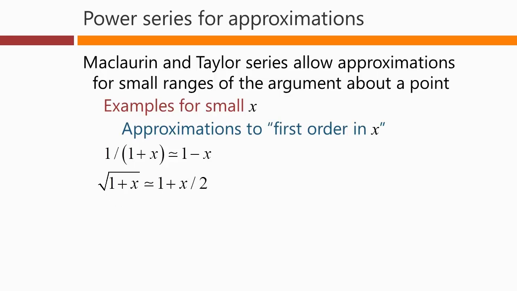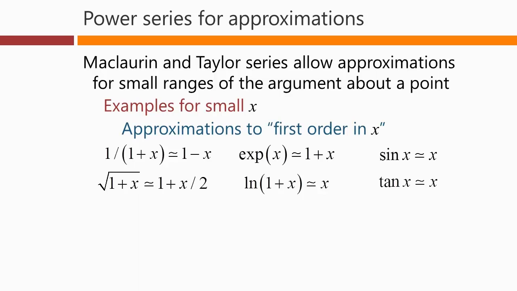Similarly, this expression is one that comes up quite often, and we like to know an approximation for it for small x, and the answer to that is 1 plus x over 2. For the exponential function, again, the small x approximation to that is 1 plus x, the power series expansion, the first term, to the power x to the power 1. And the logarithm of 1 plus x, which is related to this here, is just x to lowest order, to first order in x. Sin x to lowest order in x is just x. Tan x is just x. So all of these are what we would call first order